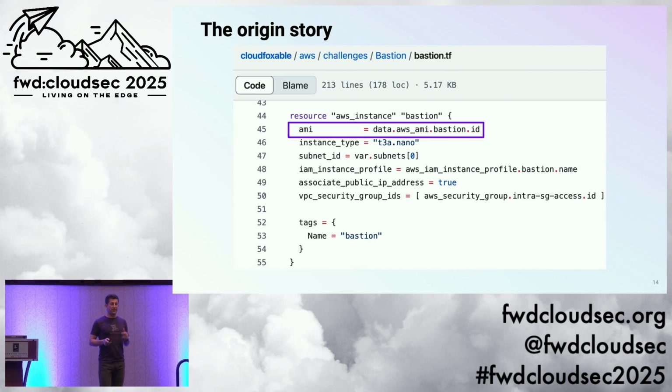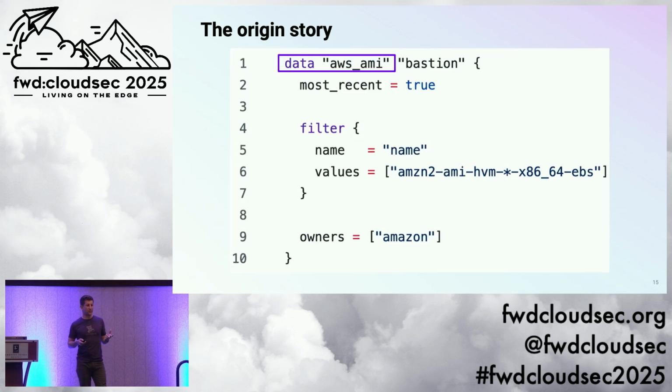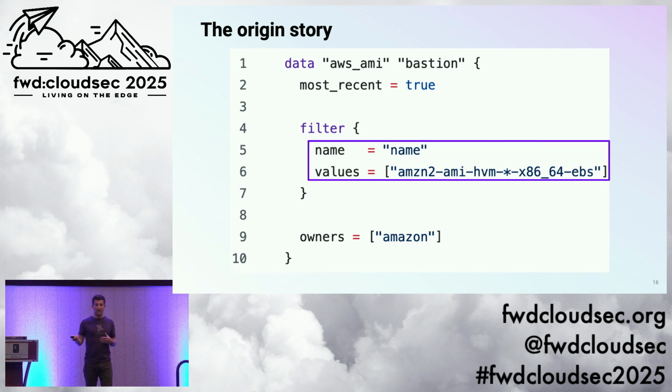I specify the AMI. Now, you can hard code an AMI ID here, but there's a couple of reasons why that's not always the best practice. One of them is portability. AMI IDs are region-specific, so if I did do that here, CloudFoxable would only work in one region. So there's this cool data source called aws_ami that does a describe images call on the fly when you do a Terraform plan or Terraform apply. That grabs the AMI that matches your search criteria. And so I, in CloudFoxable, am searching for Amazon Linux 2. You could see the rest of it. And there's a star in there because I always want to get the most recent one.